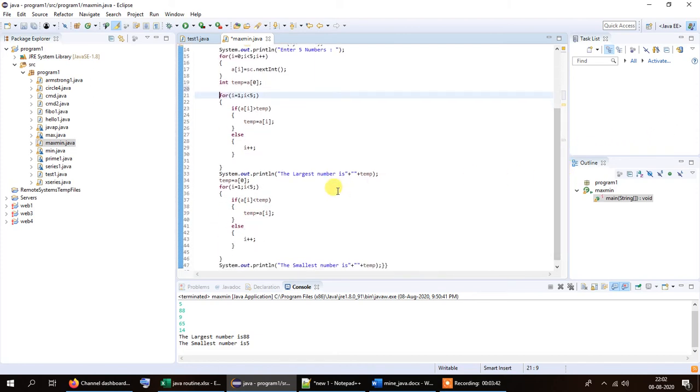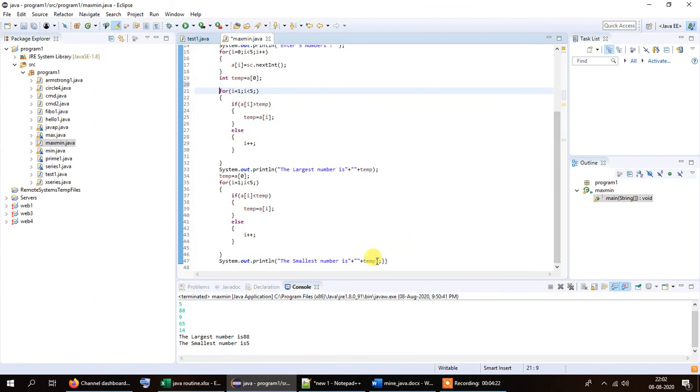And for finding the smallest value in the array, we follow a very similar procedure, but in this case we are just doing the opposite. That is, we are finding whether there are any numbers smaller than the value that is already stored in temp. And like before, we simply assign the value A[0], the value stored in the first cell of the array, to temp, and then compare temp with the remaining values of the array. If there is any value smaller than the value already stored in temp, we simply assign it to temp once more. And after the end of this process, we get the value that is the smallest.